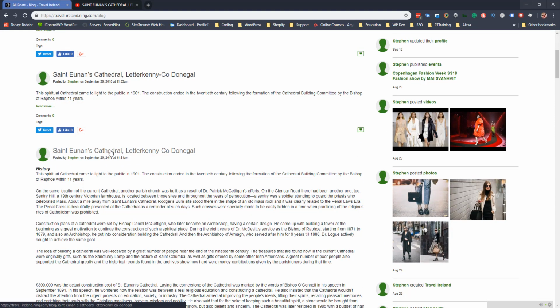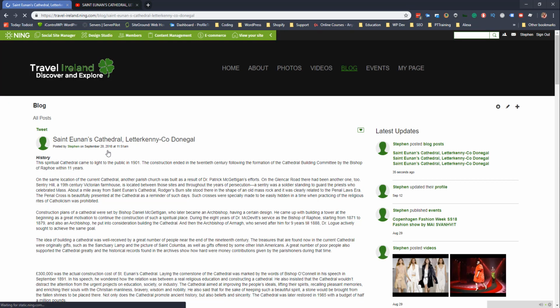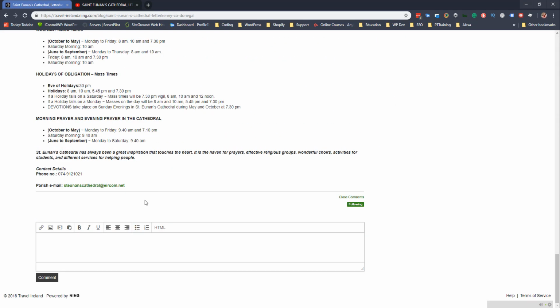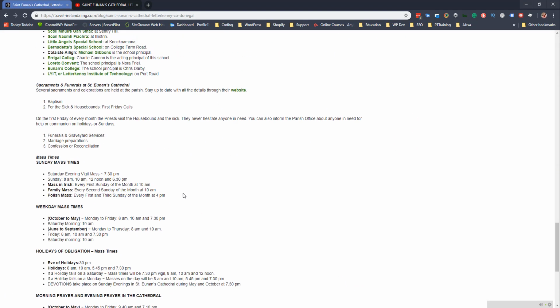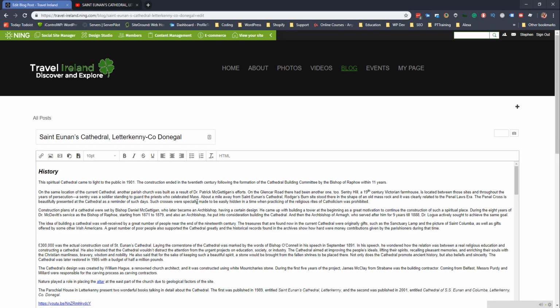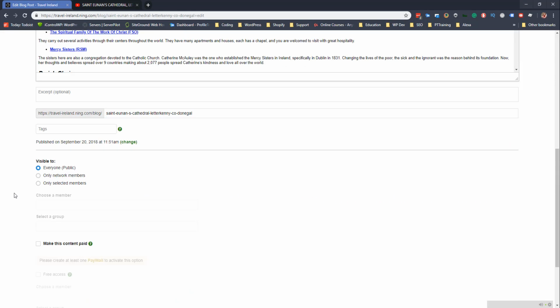So the first thing I can do is click on the post once, and from here I can then again see our edit options, so add, plus, and also feature as a feature post. But what do I do if I want to actually delete it, or I want to remove the post itself? So the first thing I'm going to do is click on the edit feature, and from there I can actually edit the post again. So likewise before, you can come in here and add more content if you wish,